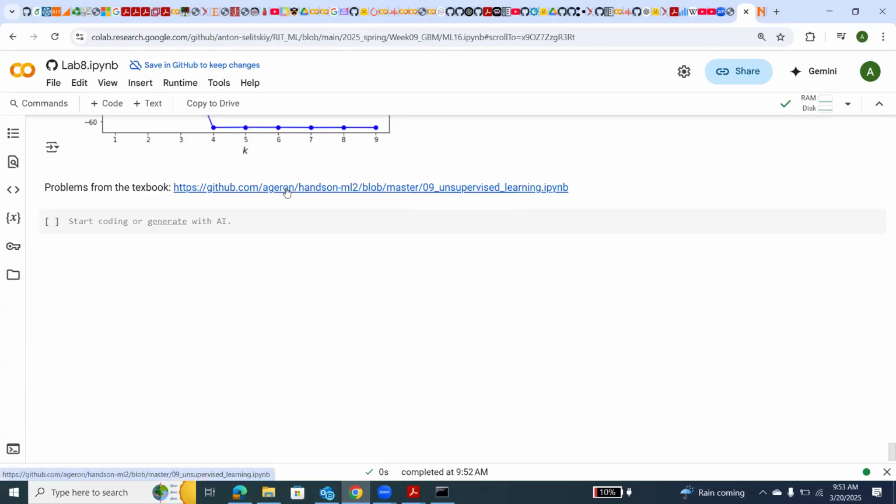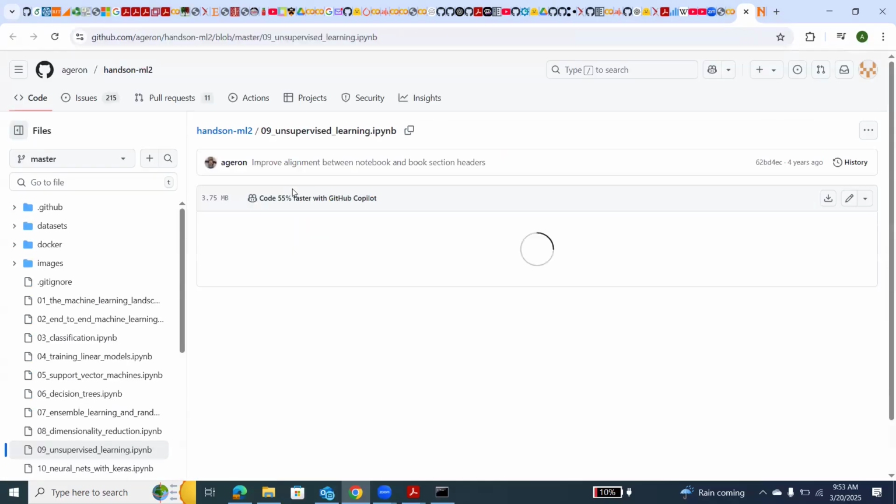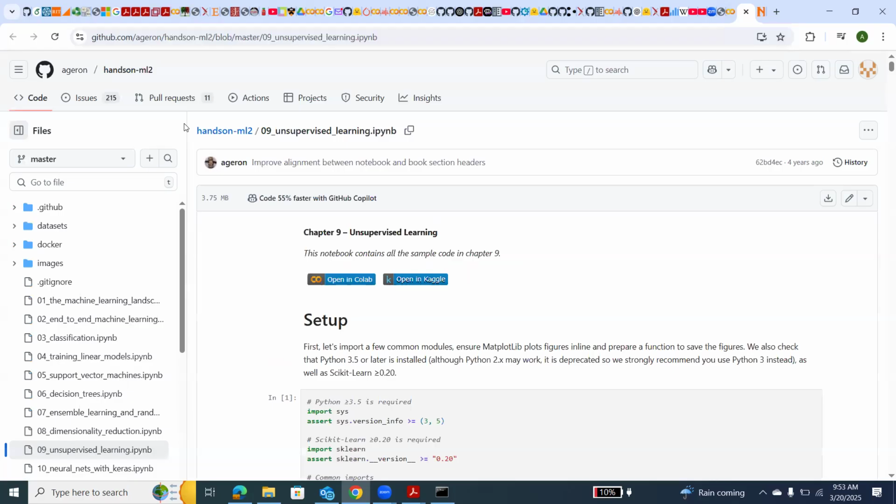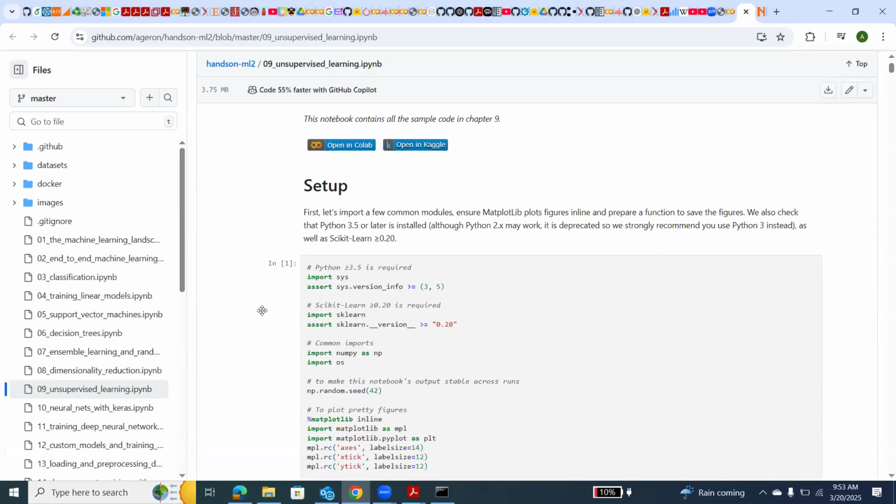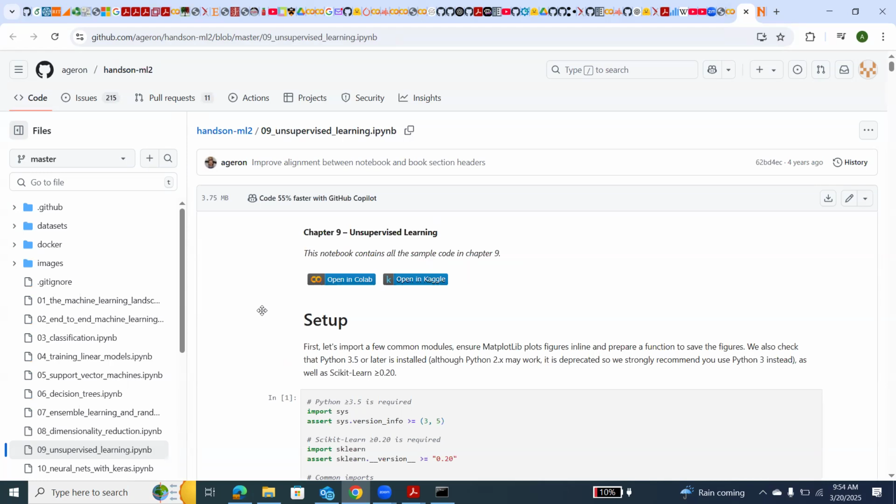Okay, it's here. Hands-on machine learning, something like that, with scikit-learn, I believe. I don't use these textbooks for assignments or reading, but this textbook has a nice GitHub